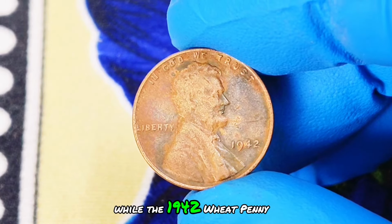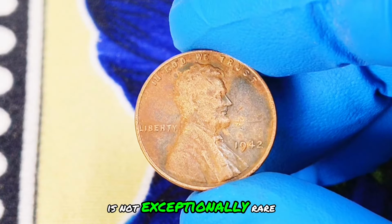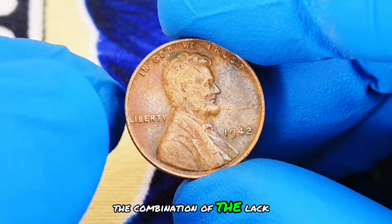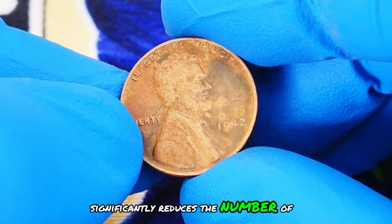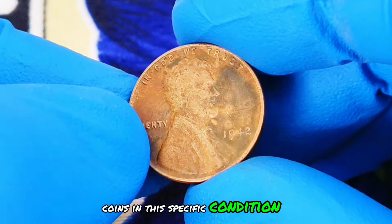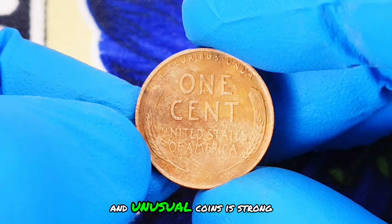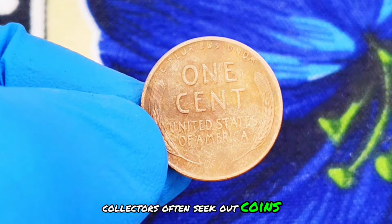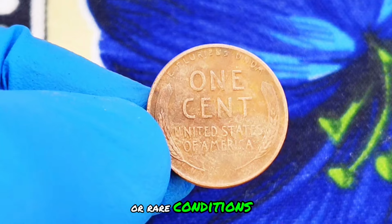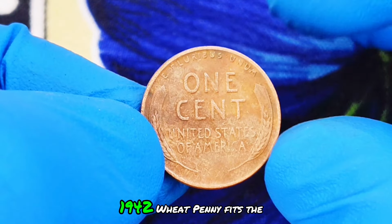While the 1942 wheat penny is not exceptionally rare in general, the combination of the lack of a mint mark and the black color shade significantly reduces the number of coins in this specific condition. This rarity drives up the coin's market value. The appeal of unique and unusual coins is strong in the collector community. Collectors often seek out coins with distinct features or rare conditions, and this black color shade 1942 wheat penny fits